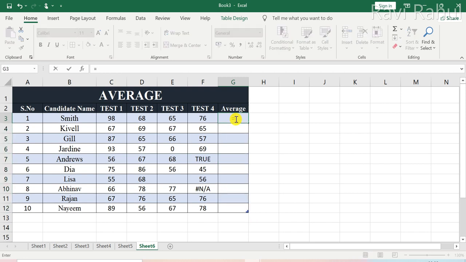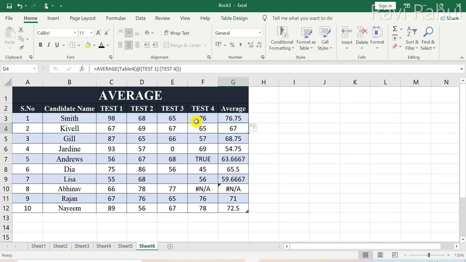In order to apply the average function, you type in the equal to sign, then the function average, and select the range of data whose average you want. Close the bracket and hit the enter key. This will display the average. Smith has an average score of 76.75 and so on.